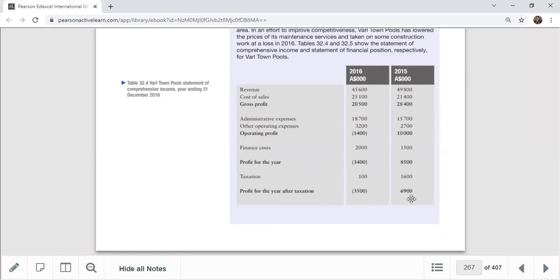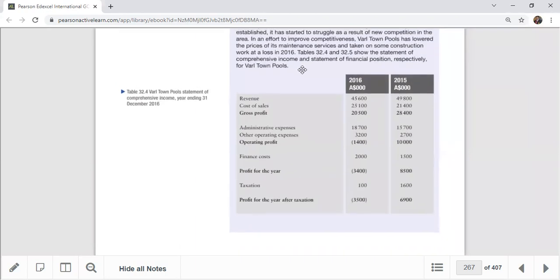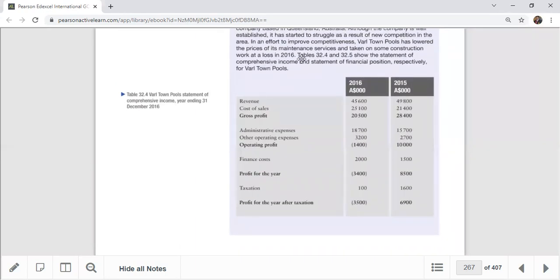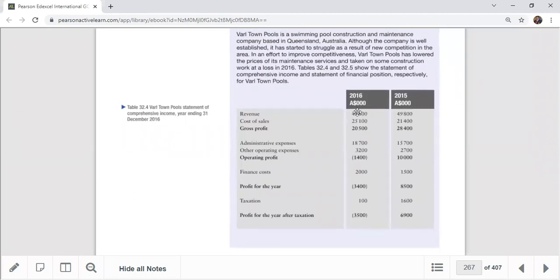But these figures were bad in 2016. It clearly says there's competition there. They have taken some construction work at a loss in 2016 as a result of new competition in the area, right? Because of the competition, they're always losing some market share. As a result, you can see the revenue has gone down from 49,000 to 45,600, and then cost of sales